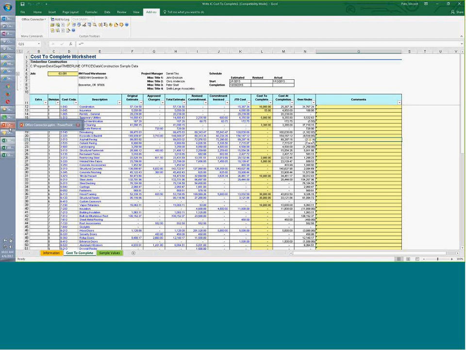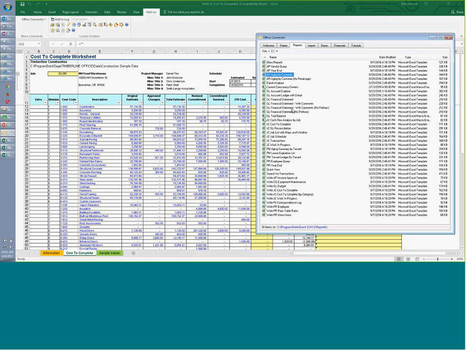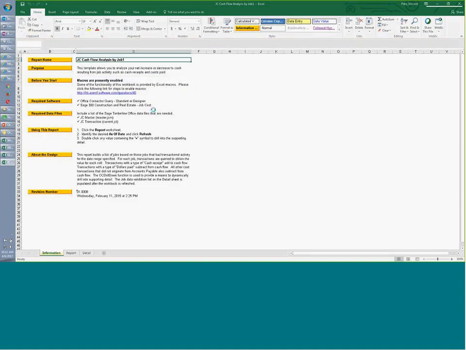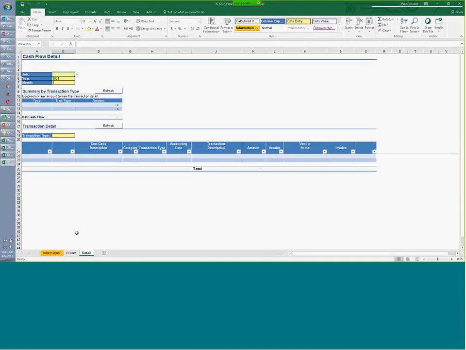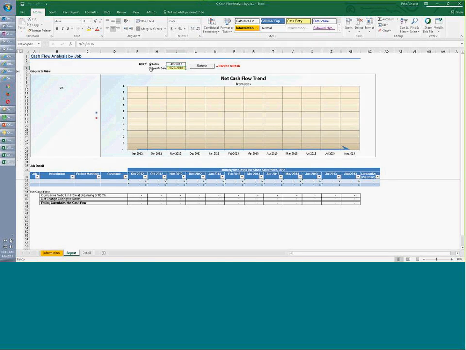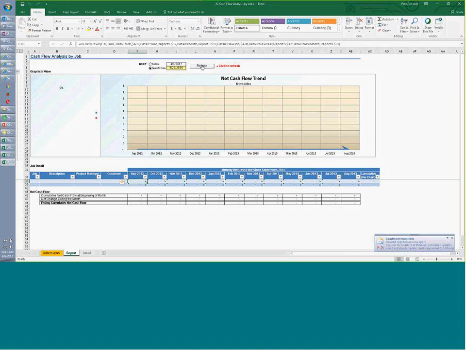So some good examples, besides looking at the AR aging and the cost to complete, is, how about a job cash flow analysis by job? In this case, if I refresh this as of 2015, when my data is, you'll notice this report is blank, but really it's not. Behind the scenes, we have Office Connector functionality built in, ready to go. And as somebody in the office who pulls up this report, whether it's a custom-built one or one out of the box, I just come into the report, do a refresh, and connect to my data,